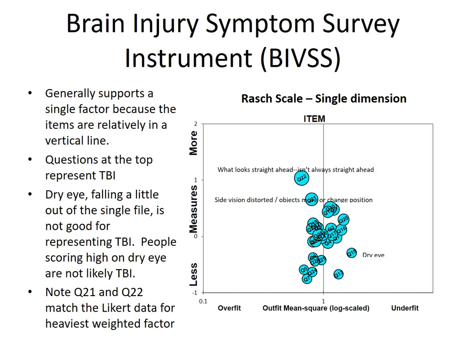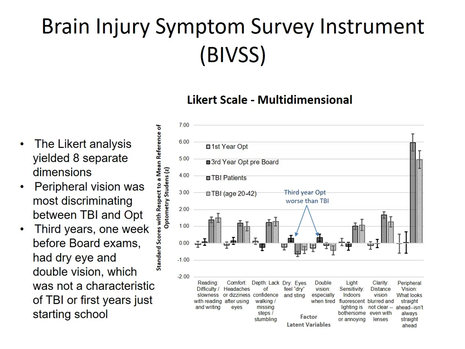Okay, here is the BIVS with a Rasch analysis. Now, what we have here is what's called a bubble plot, and the questions are rank ordered by degree of symptom. And so, for example, the question that is most discriminating is at the top of the scale, and that's question 22, "what looks straight ahead isn't always straight ahead,"